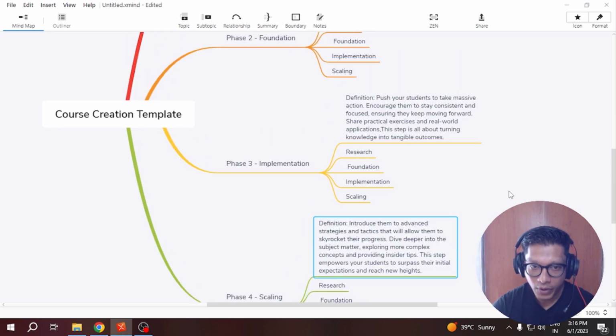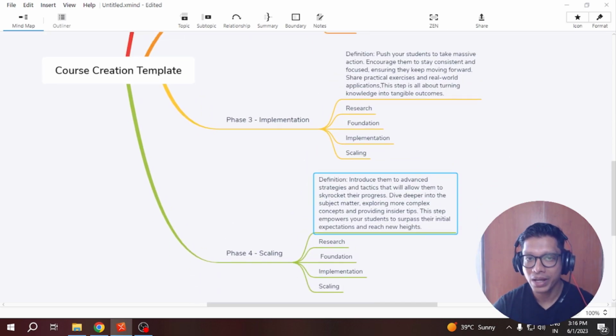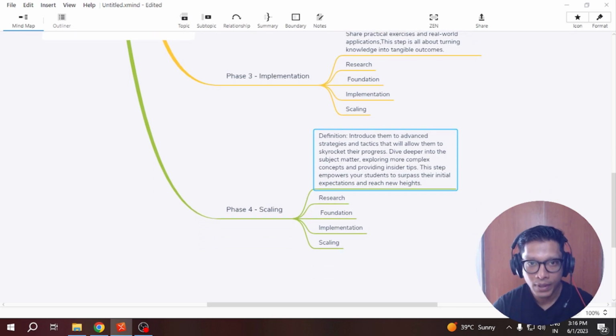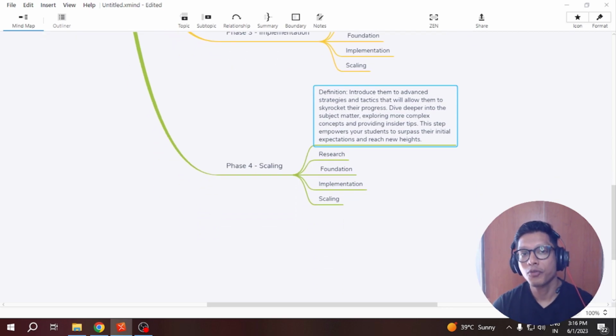Now, once our students are consistent, they are getting some results, they are eating the right food, and they are doing the right workout, they are ready for the advanced workout. That's where you can introduce a high intensity workout, a 10x10 program like this, some advanced program where you know that these are all the things that they need to get to the next level, right?